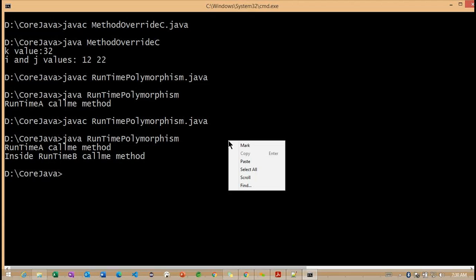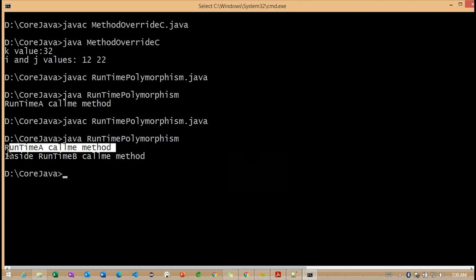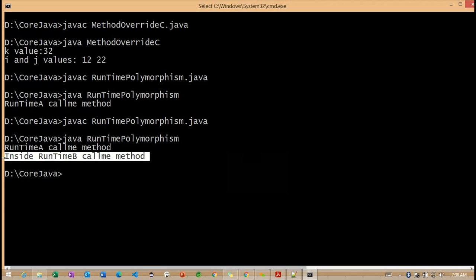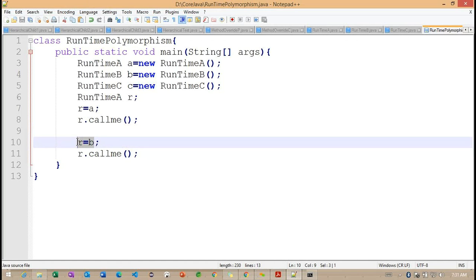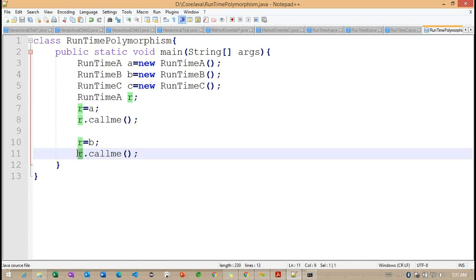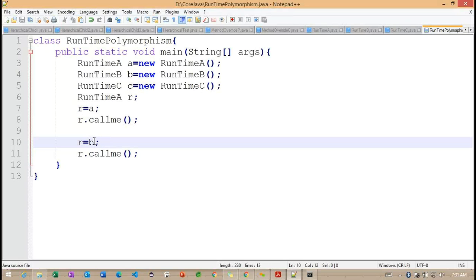And finally, I'm trying to run the same example. Now what you understand is, the first method we already identified is calling from the superclass. But what about the second one, which is calling the runtime B class here? Now we need to understand carefully. Here the reference we are passing is a B class object, even though R is a superclass. Getting the point? R is a superclass here, but what is the object I'm passing? A subclass object.